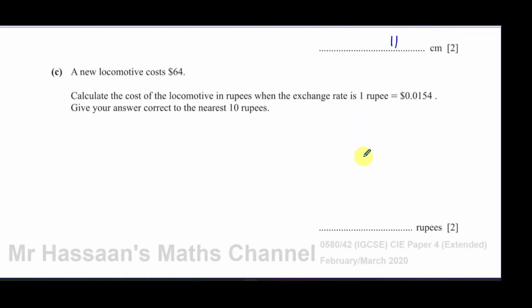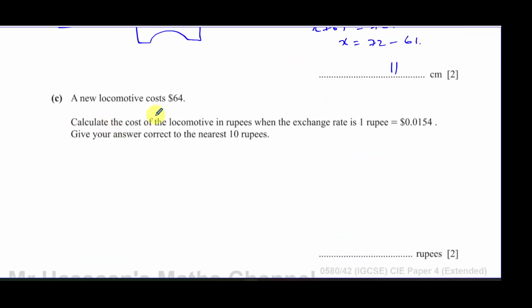Now it says part C, a new locomotive costs $64. Calculate the cost of the locomotive in rupees when the exchange rate is 1 rupee equals 0.0154 dollars. Give your answer correct to the nearest 10 rupees. So this is a question about exchange rates. Okay, so what I'm going to do is I always like to put the unknown on top. So calculate the cost of the locomotive in rupees. So x rupees,